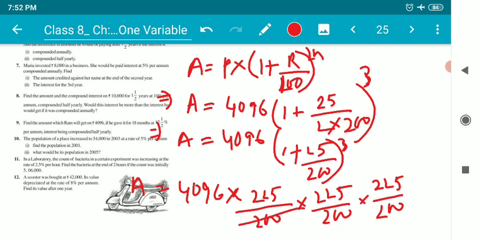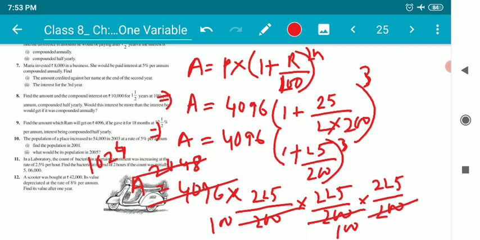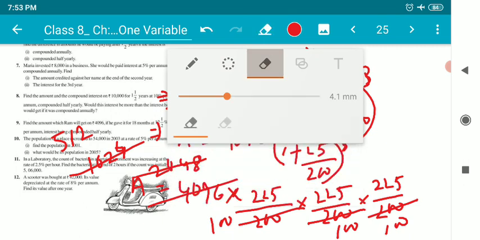2 into 100 is 200. Let us cancel it by 2. 2 2s are 4, 0, 4 2s are 8, 1 9, 8 2s are 16, 2048. Then again I'll cancel it by 2. 2 into 100 is 200. I'll cancel this one. 2 1s are 2, 0, 2 2s are 4, 4 2s are 8. Again I'll cancel it by 2. 2 into 100, 200. 2 into this one is 5 2s are 10, 2 1s are 2, 2 2s are 4, 512. So finally children, what do we have over here?